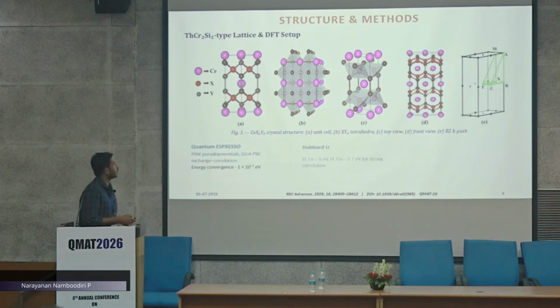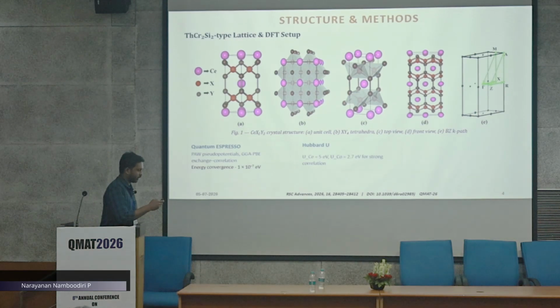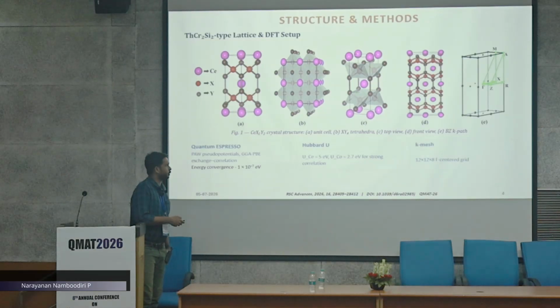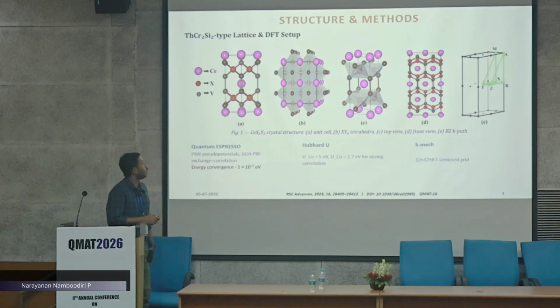Now here we have used Quantum ESPRESSO to simulate the electronic and magnetic properties. We used GGA-PBE as the exchange-correlation functional, and an energy convergence of 10⁻⁷ eV was used. We have also included the Hubbard-U, a GGA+U calculation, and a k-mesh of 12 × 12 × 8 was used for the calculation. We have done the calculation for both ferromagnetic as well as antiferromagnetic configurations for the transition metal